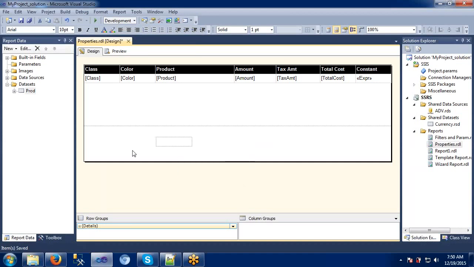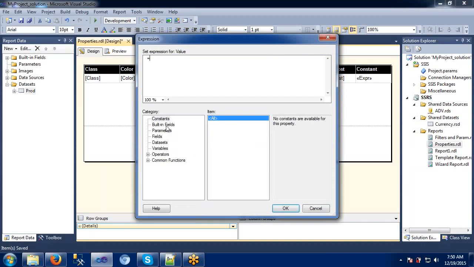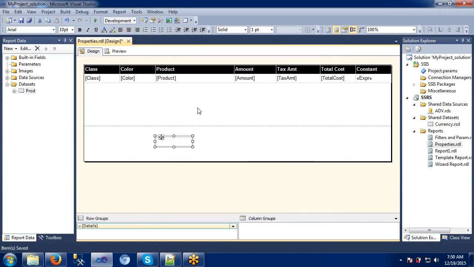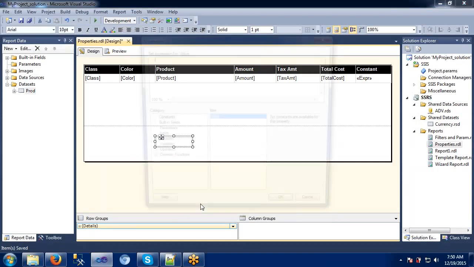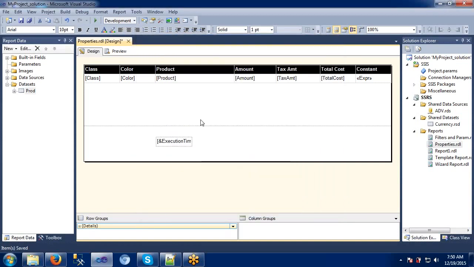In this expression, I would like to have some execution time, built-in fields, execution time. Okay, when I just double click on this, automatically that expression will take that value. Let's try to execute this one.